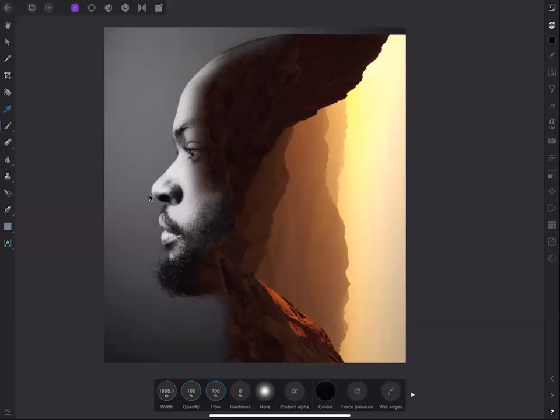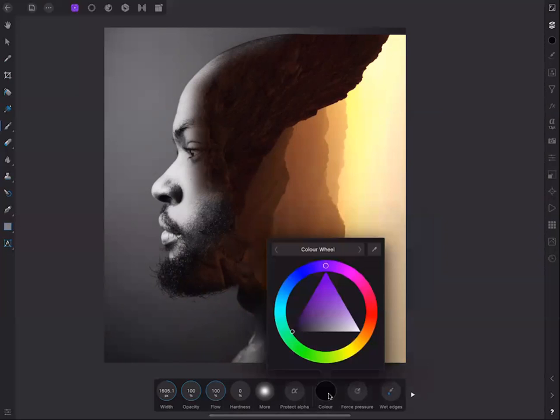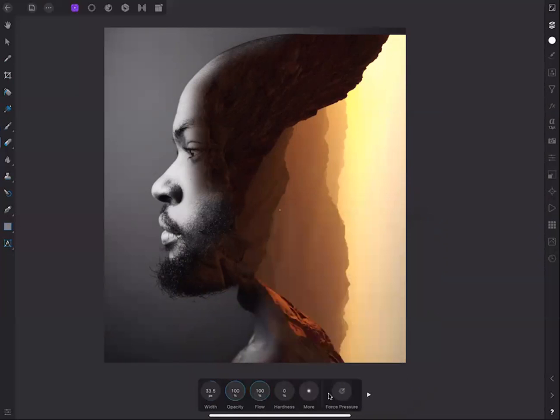If you make a mistake, the nice thing about the mask, one of the best things about the mask, like let's say I did that and I didn't like it. I don't mind it, but what you can do is you go over to your color here, down below, click on that, and then select white, and then